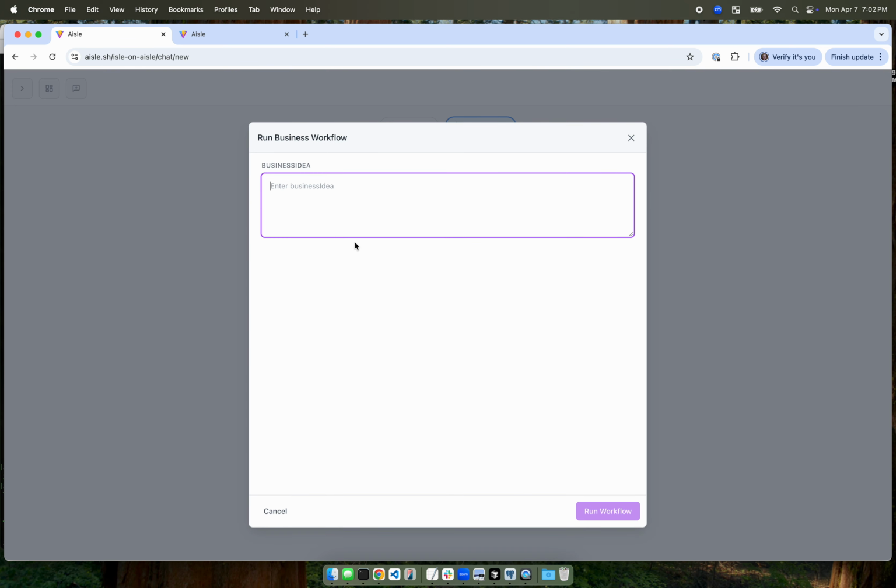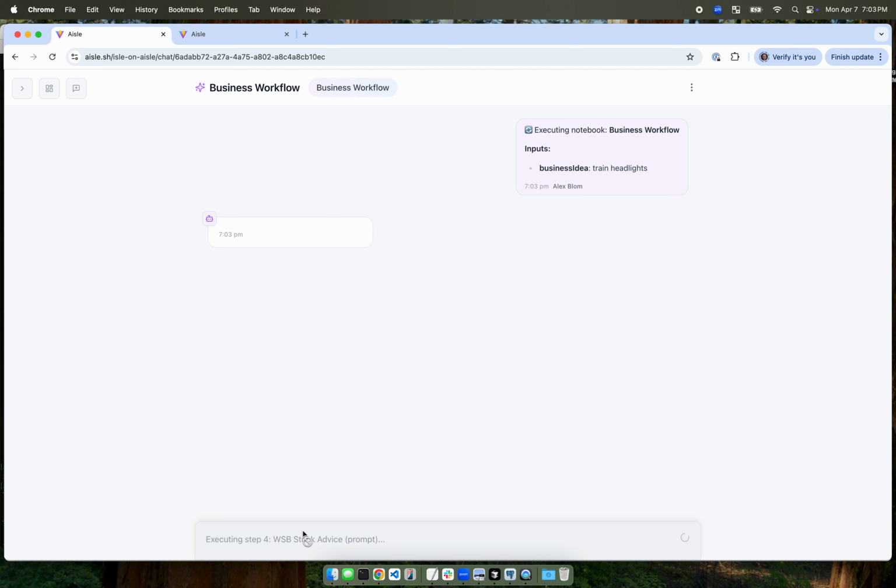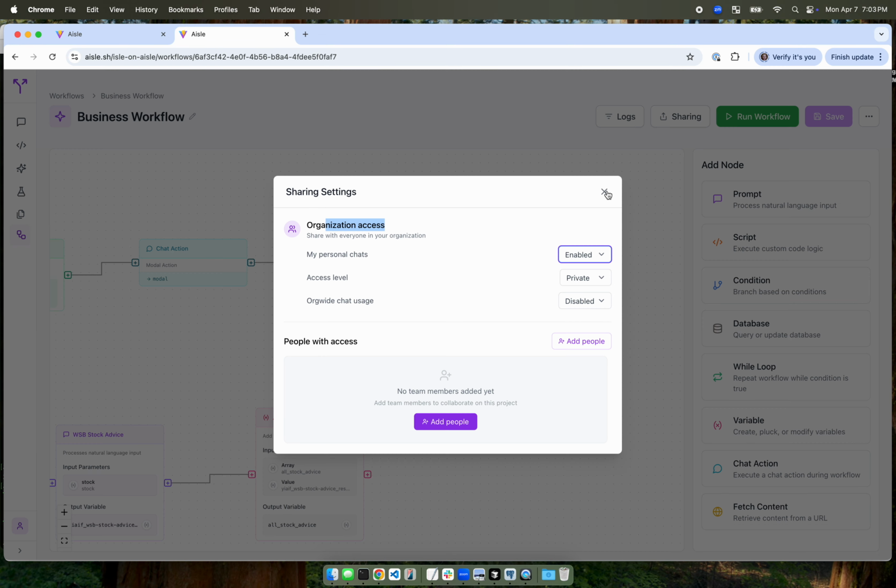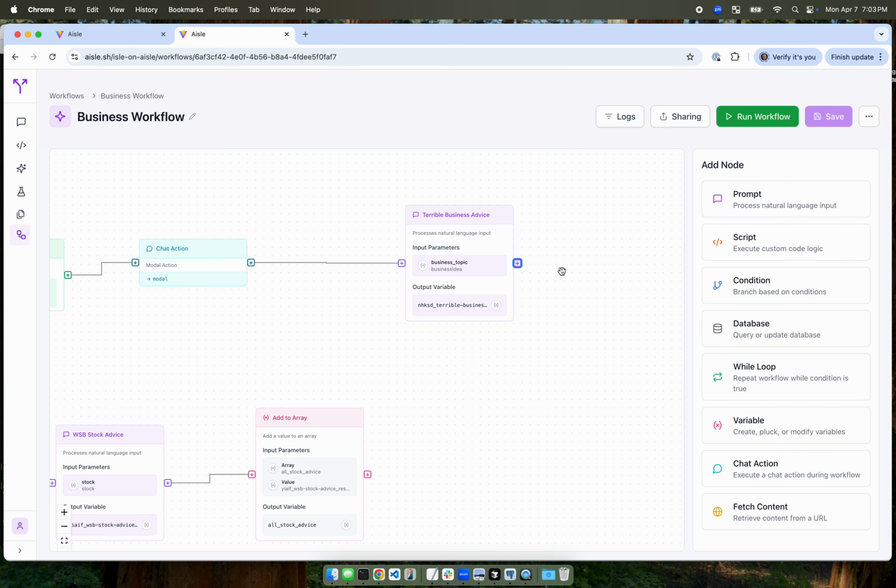And we see our business workflow is now available to run. As it's running, you actually see a status update as a user down here. And this is really cool, right? Now we have a way to distribute all of these to the team. While this is running, just because it's a few steps and it takes a while,